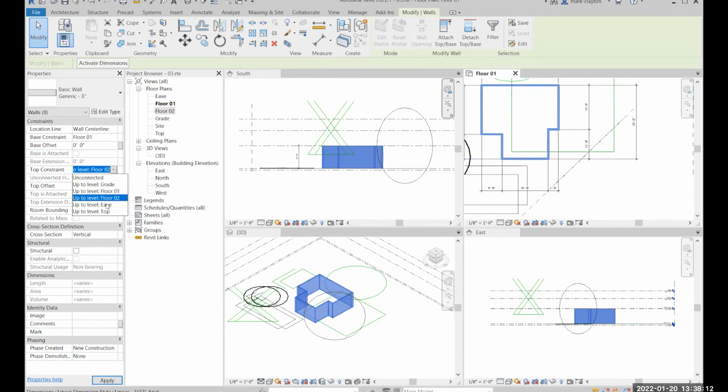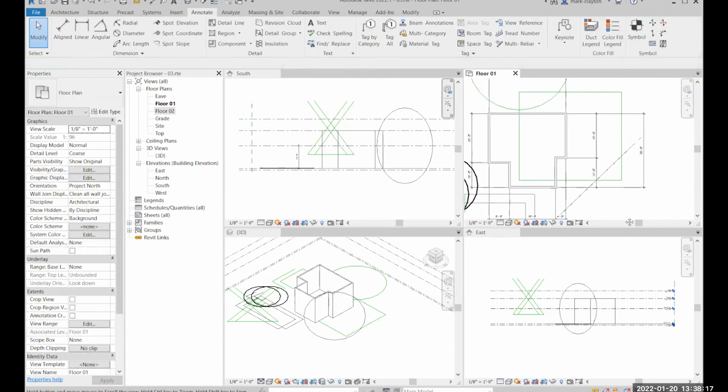And I'm also going to tab select all the walls and change the constraint height to eve, because I want the wall to go up continuously past the second floor to